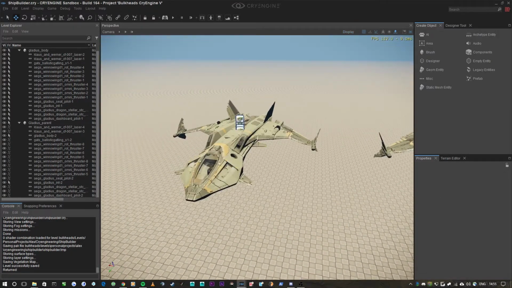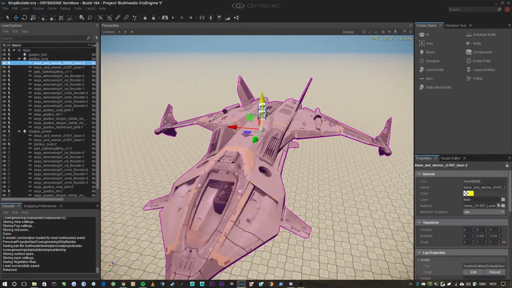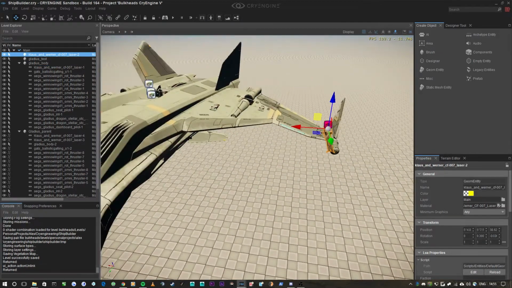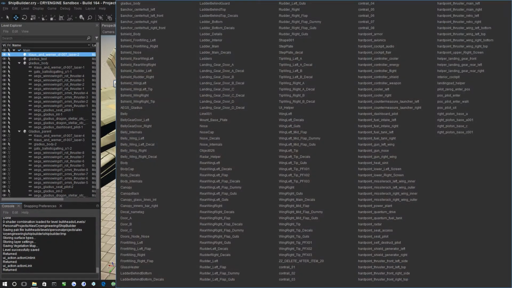So what you might think normally with the methods of these, and what should normally work but doesn't unfortunately, is if you take, say, this laser attachment, and we use what's called the select and link tool, which is this tool here, and then you drag it onto the body, and then all these hard points will show up. And say for this one, we want to attach it to the weapon mount on the left hand side wing, so that'll be hard point and then underscore